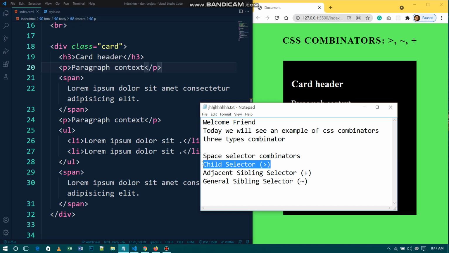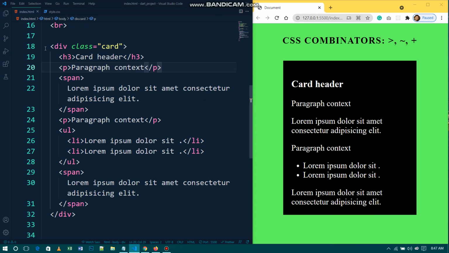Child selector combinators basically select all elements which are children of specific elements. Look at this code. Here I take a card div. Inside the card div there are some different HTML tags: h3, paragraph, span, again a paragraph, another list, and span.